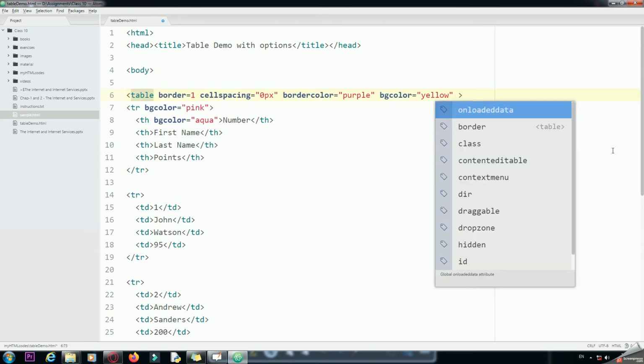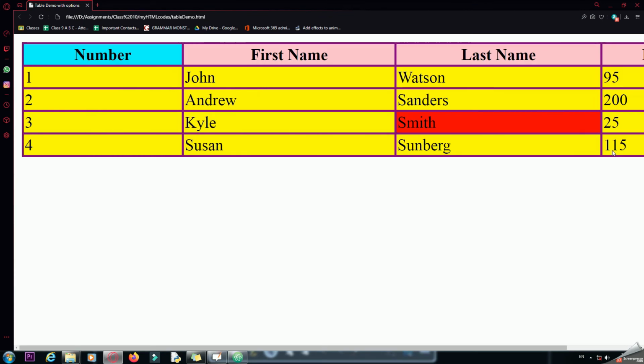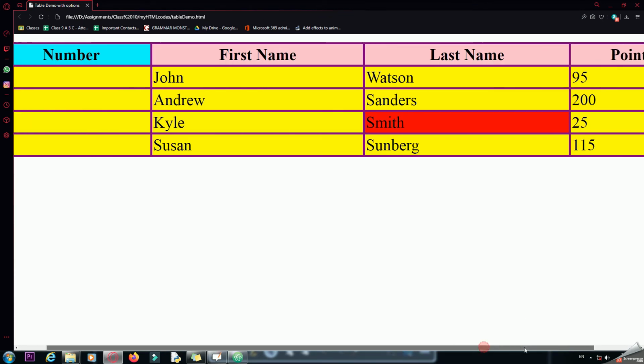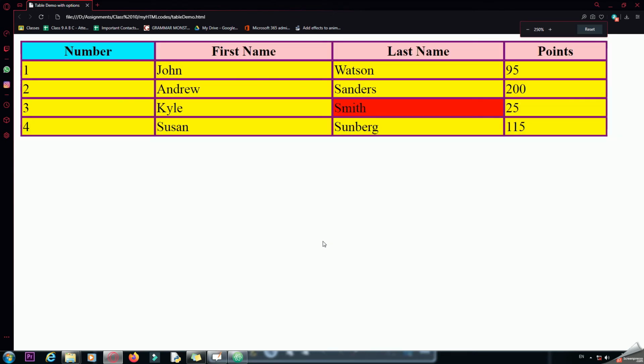Our next option is we are going to apply the width and height attributes on our table tag. After bgcolor, I am going to apply width, and I can apply the width either in percentage or in absolute pixel values. First I will show the absolute pixel values. I am increasing it to 700 pixels. Save it, come back to the web page, and you can see that this is the absolute value.